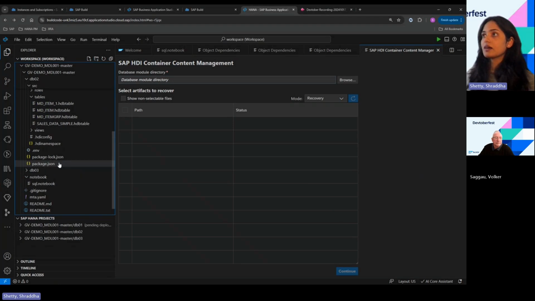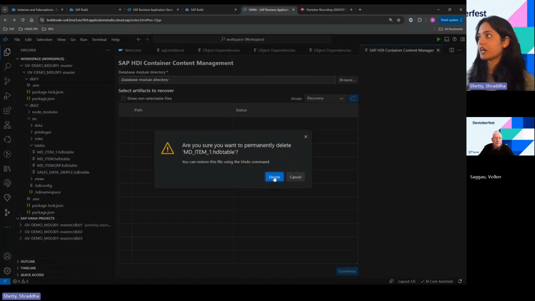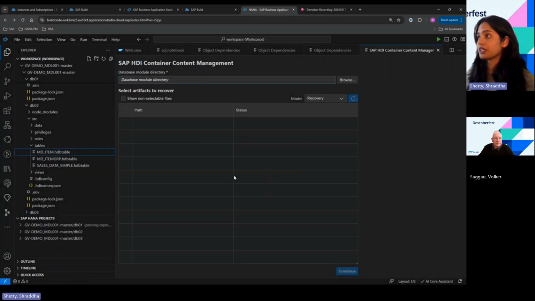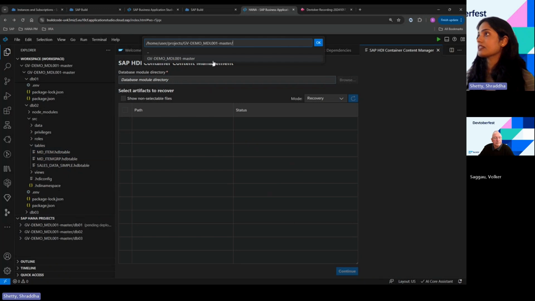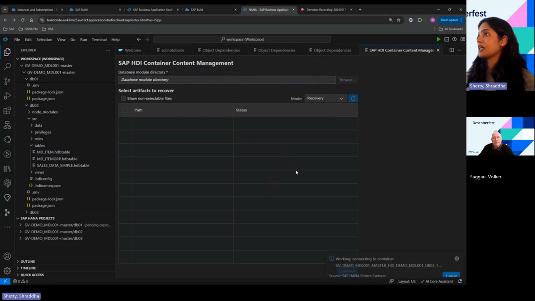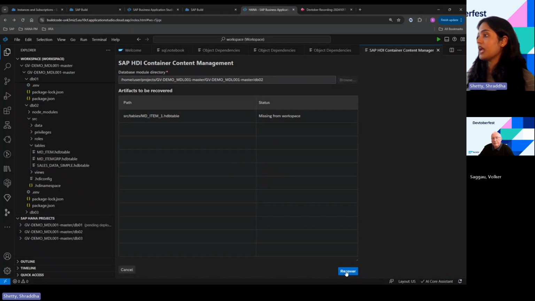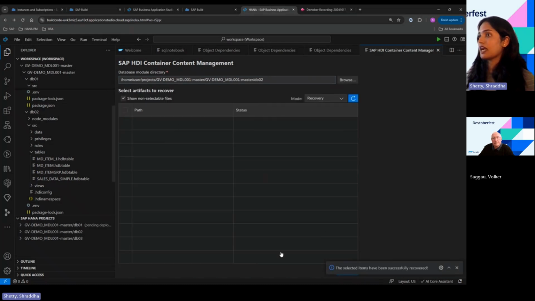Here I have a set of tables, and if I go ahead and delete one for now, just to show you the example of how you can do the recovery, and select the HDI where the table was deleted, let's see what the data shows. It shows that this is missing from the workspace. Now you can select this option and go ahead with continue. And you can click on recover, and you can see that this table is recovered and added to your workspace